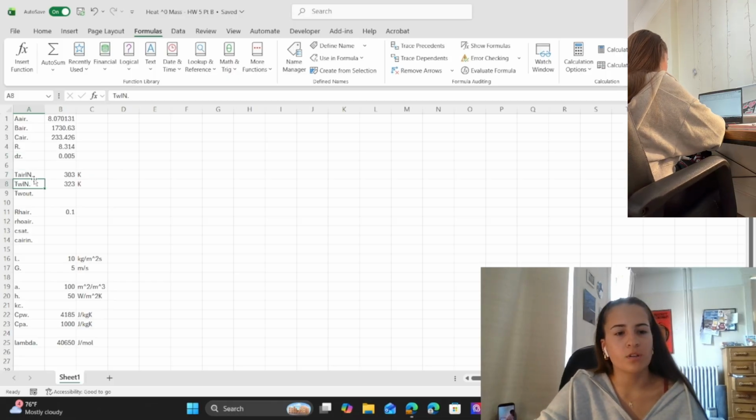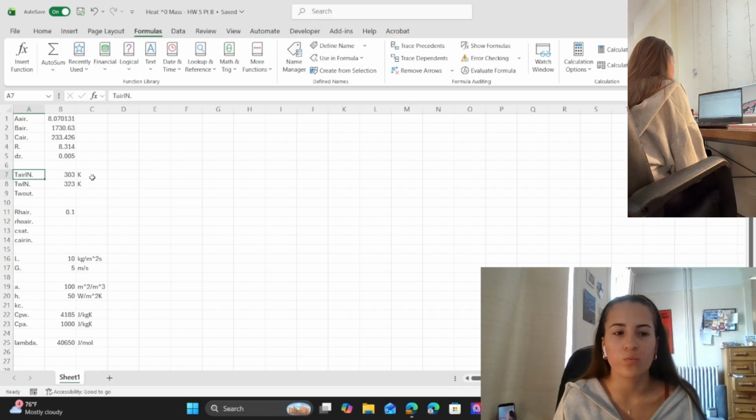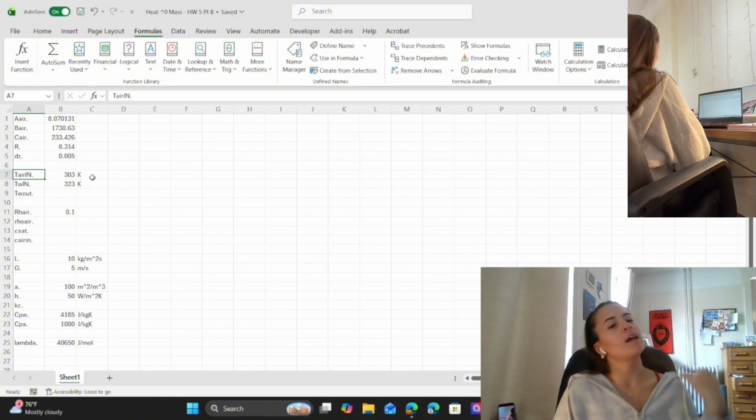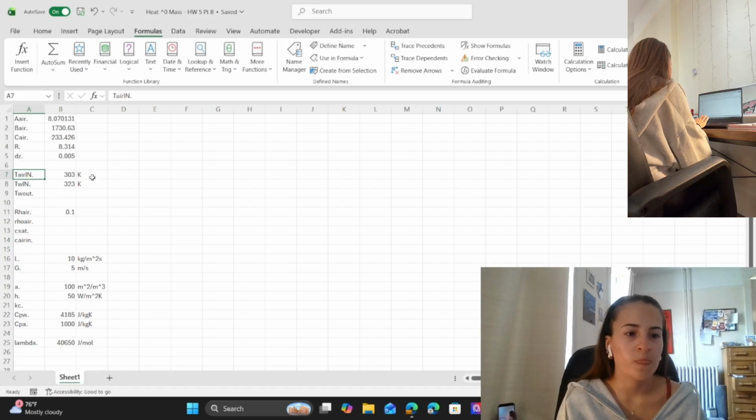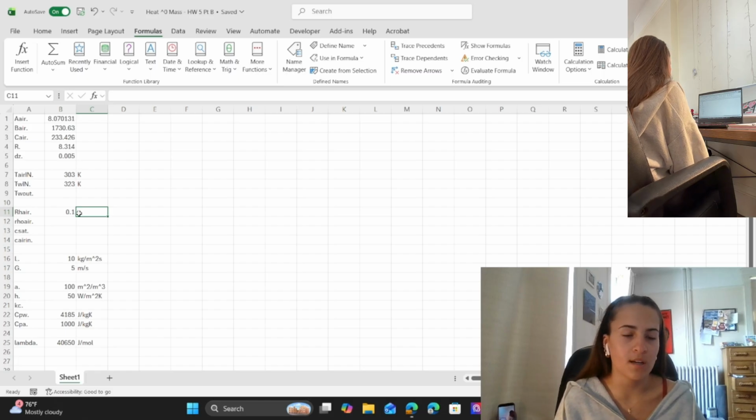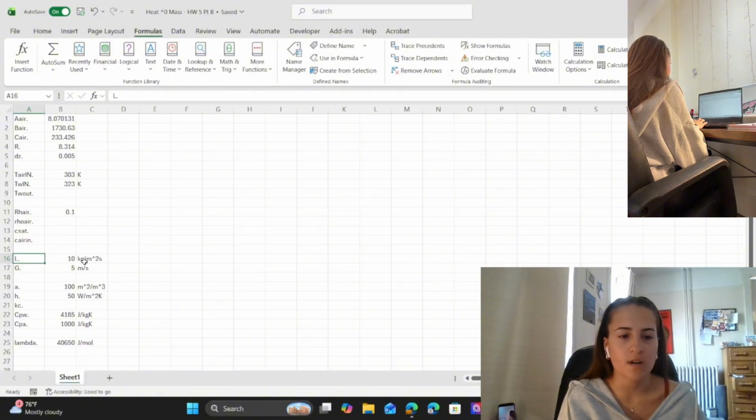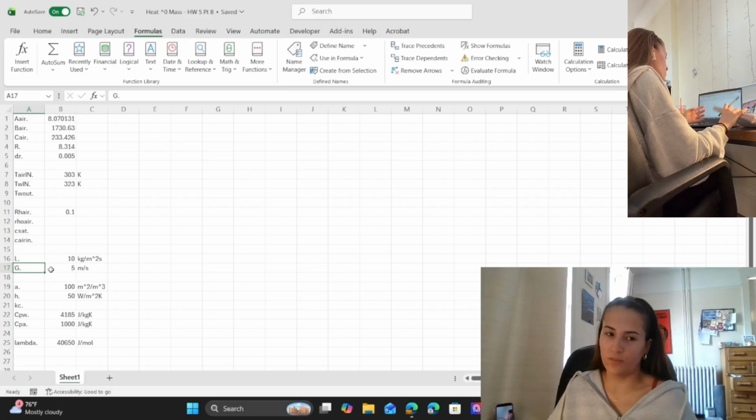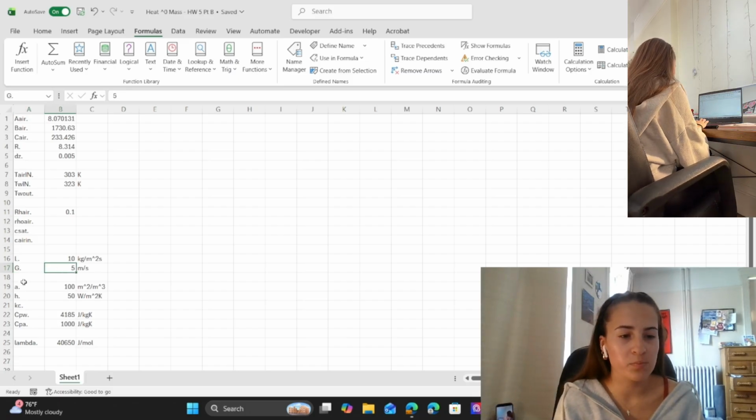And then these are two conditions that we are given for the specific example. We know what the temperature of the air is coming into our cooling tower and of the water. And then we know that for one example, we're looking at the relative humidity of the air being 0.1 when it goes in, and then the volumetric flow rate is going to be 10 kilograms per meter squared per second, and then, oh my gosh, I'm forgetting the term. Superficial velocity is going to be 5 meters per second, and then